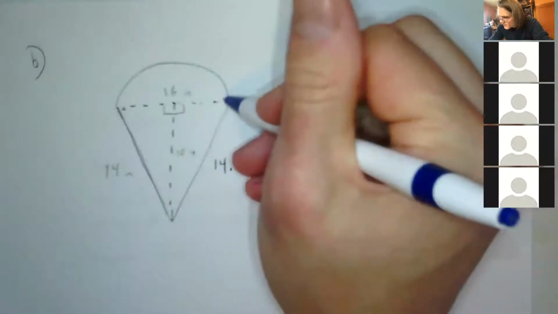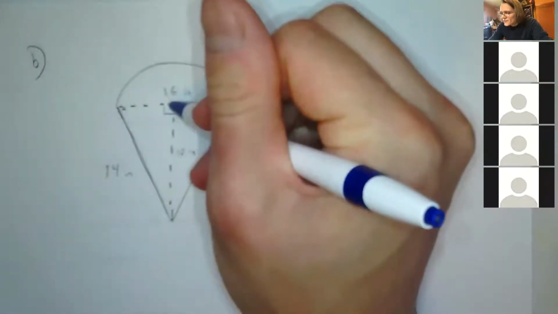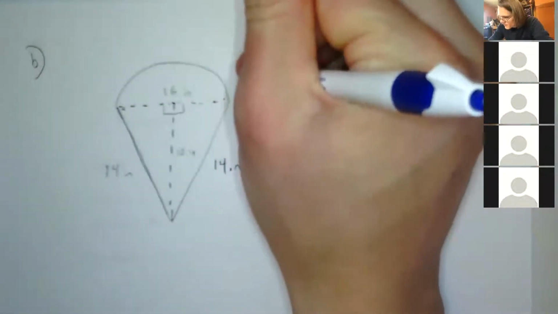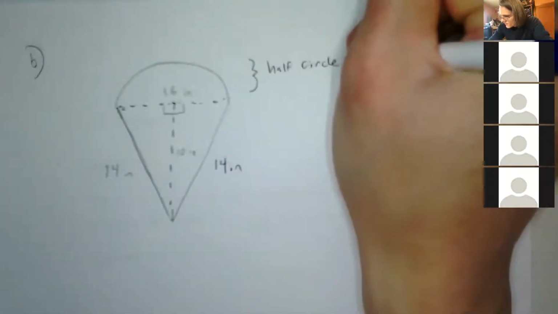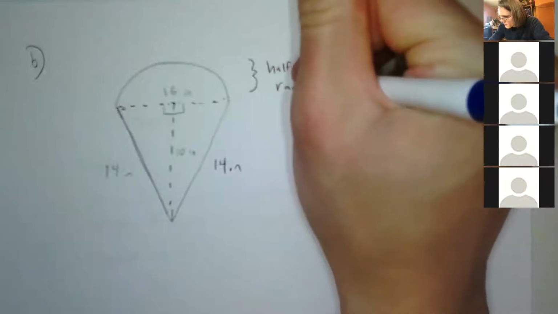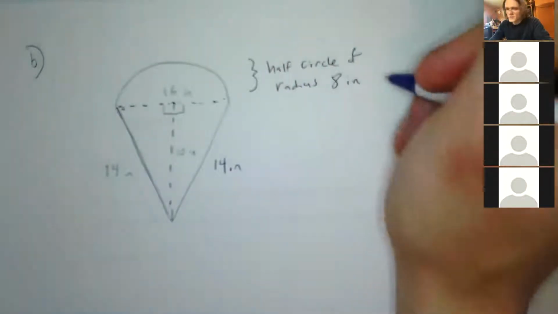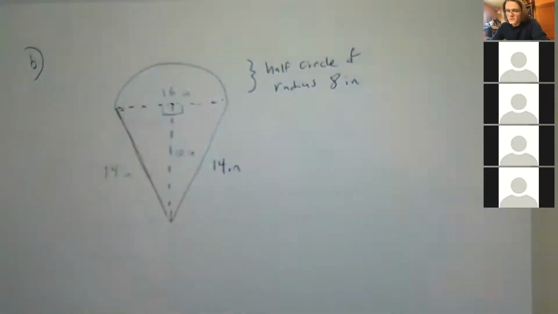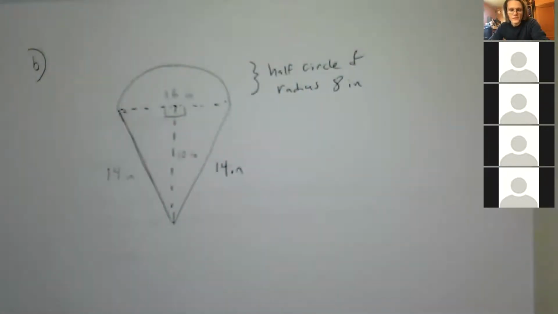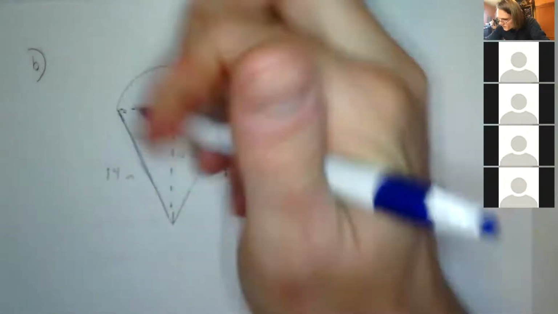And so here to here is 8 inches, here to here is 8 inches. So basically this top part, you could think of as a half circle of radius 8 inches. Right? And this bottom part you could think of as a triangle. Right? And so this bottom triangle as a whole